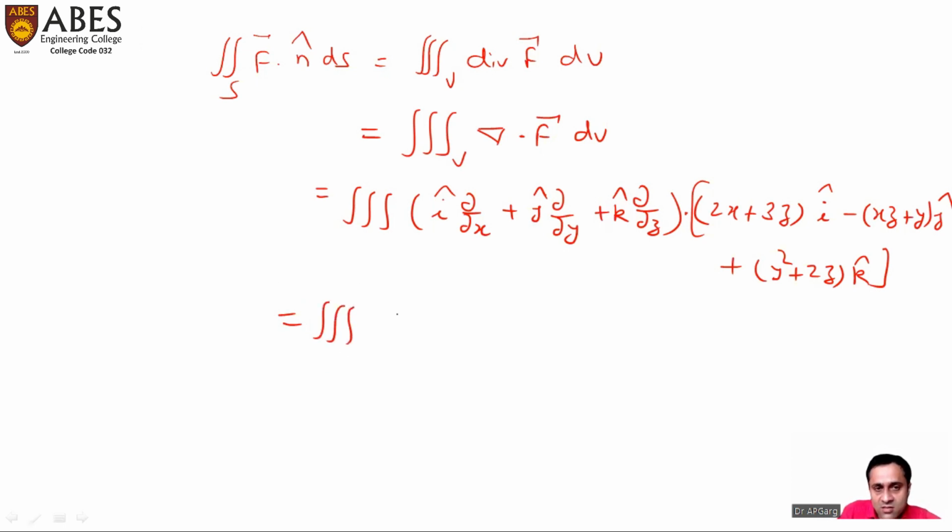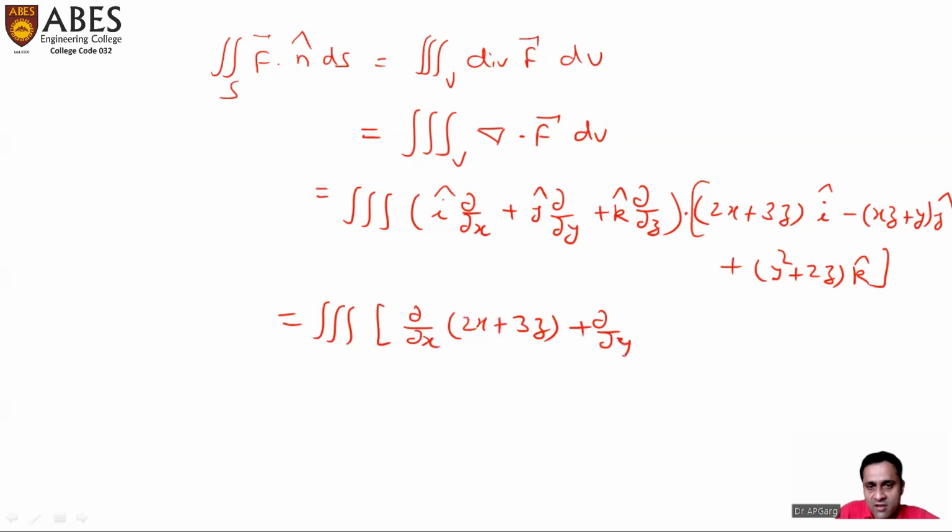So let us multiply. I dot i is 1, j dot j is 1, k dot k is 1, and the remaining products will be 0. So obviously we have del upon del x of (2x plus 3z)